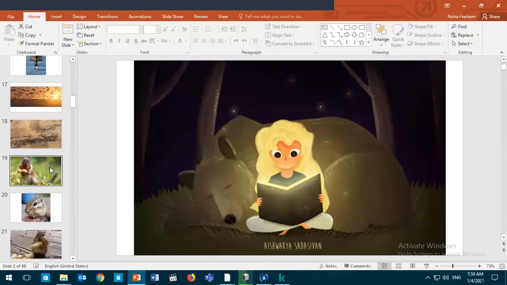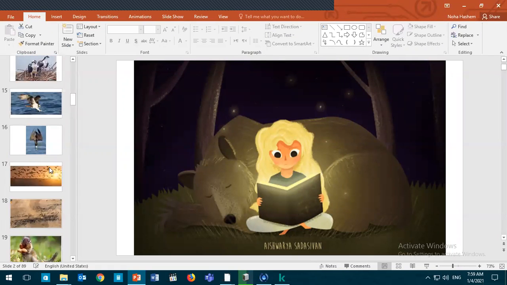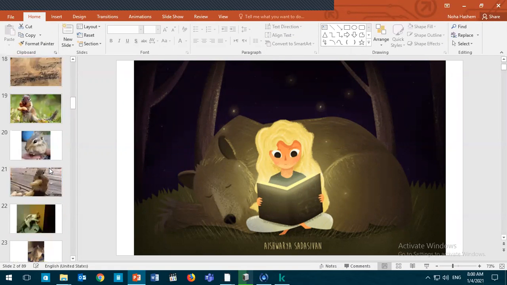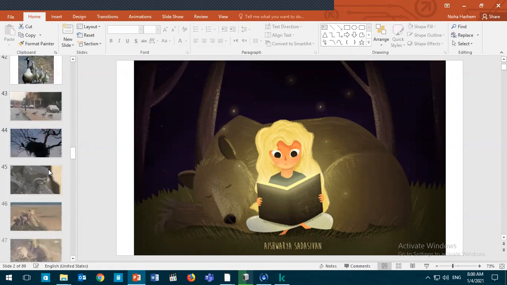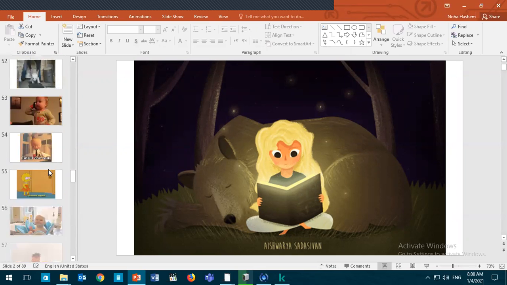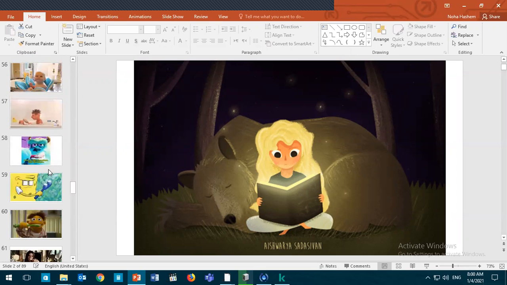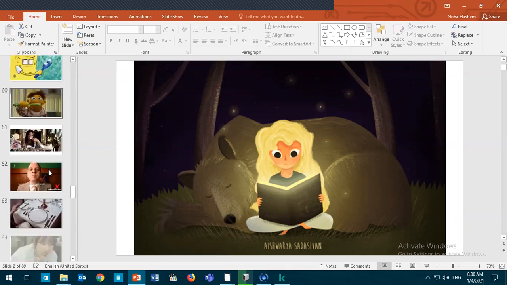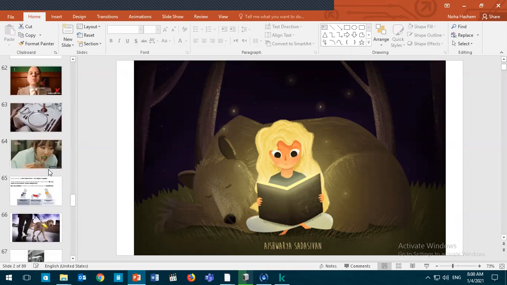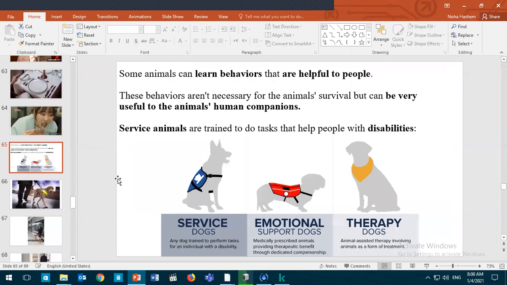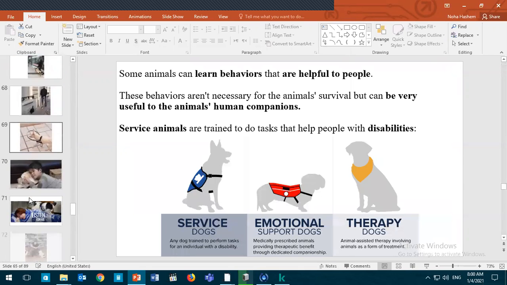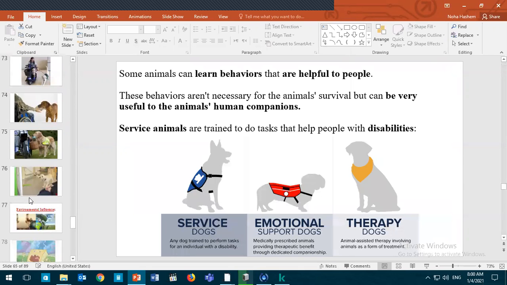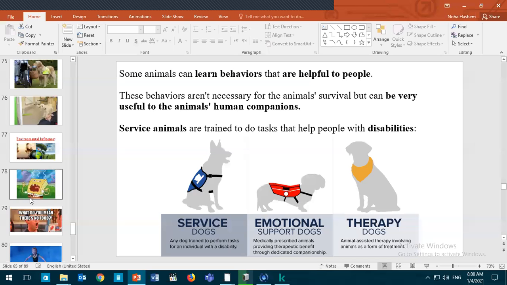Okay, guys, do you have any questions about yesterday's session? No. Did we take anything other than instinct and learned behavior? No, we just did a worksheet of the words. We also learned about